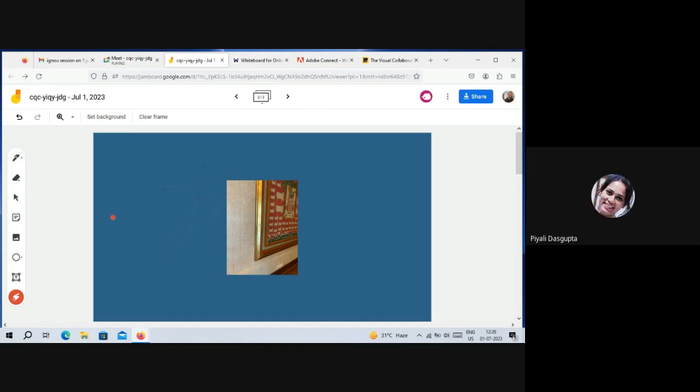I'm just trying to upload an image. Yes, there are various options. You can upload it from your computer. You can search it online. That's why I uploaded from my computer. Yes, that works very well. I'm just making sure that if I have to show the laser I'm using,